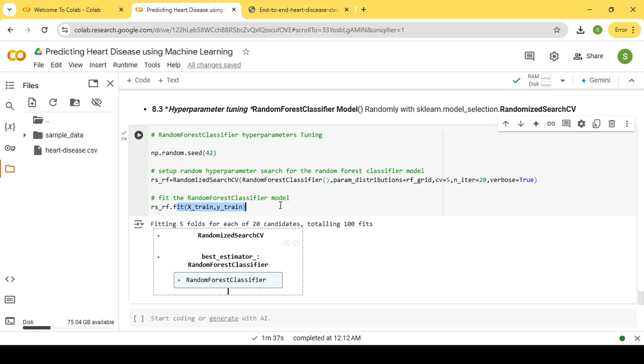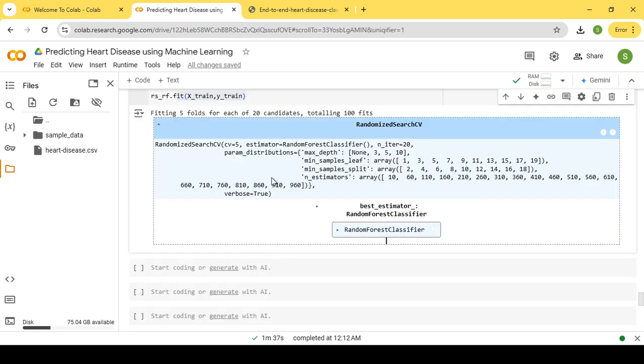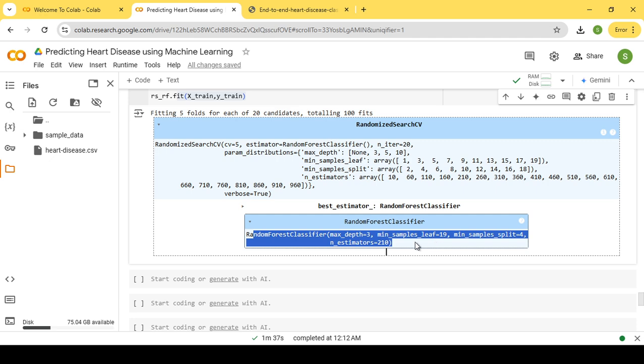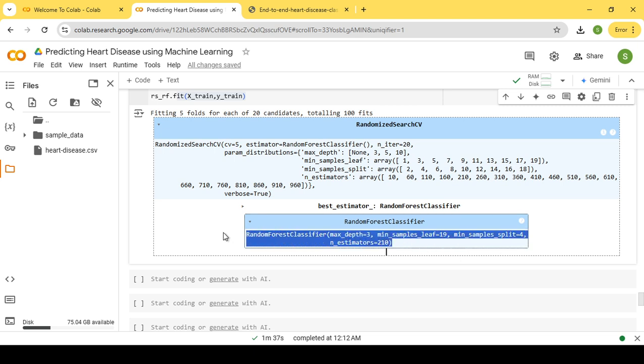Let's find the best hyperparameters that were found. You can also click here. But in case you are using a Jupyter notebook, you might not have the same results here. That's something good about Google Colab. As you could see, it has found the best settings or configuration for the model. So like the max depth is equal to 3, min samples that we have discussed before, what each of these means. So these, you can consider them as the best hyperparameters for the random forest classifier. But let's also